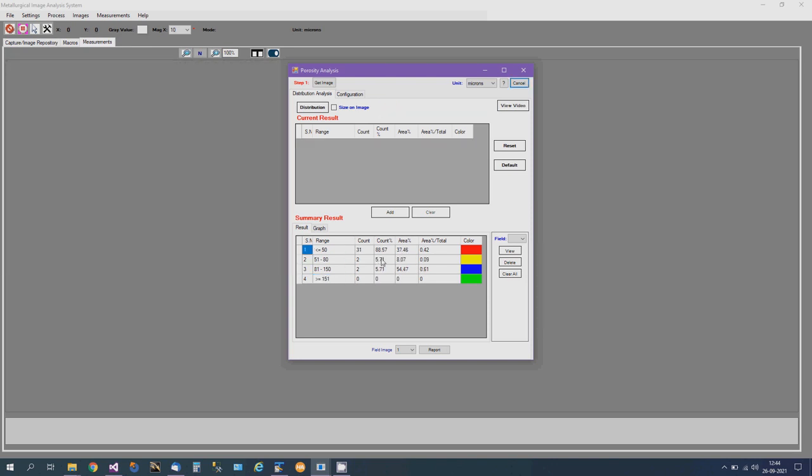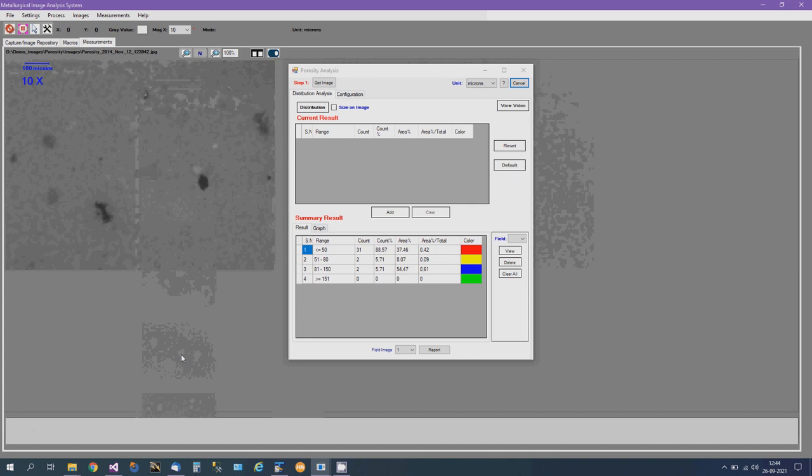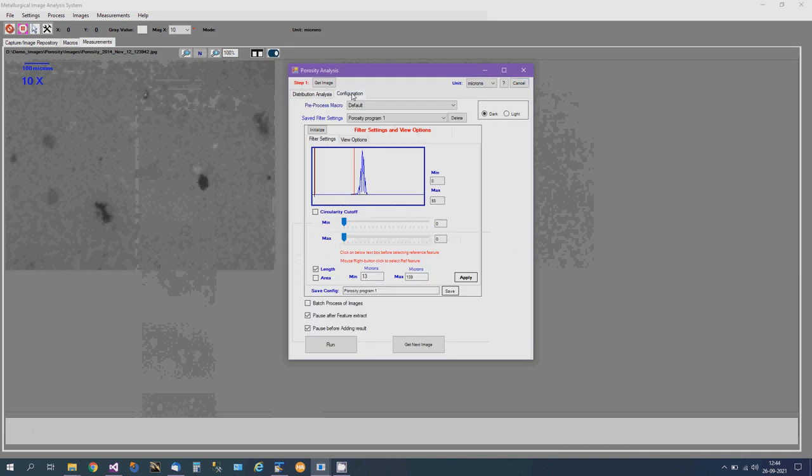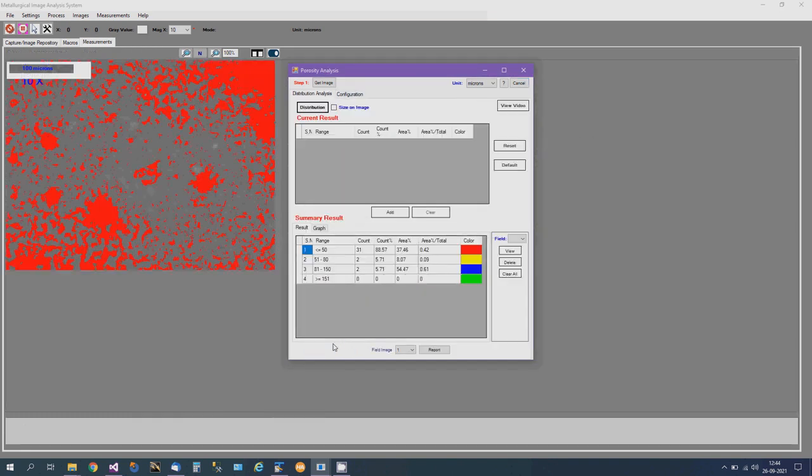Now if you see, your summary is a consolidated result of 2 images. System will do the consolidation. You can add more images. I open my third image. I run my program. See here my thresholding I need to adjust.